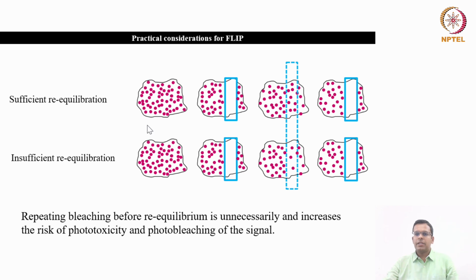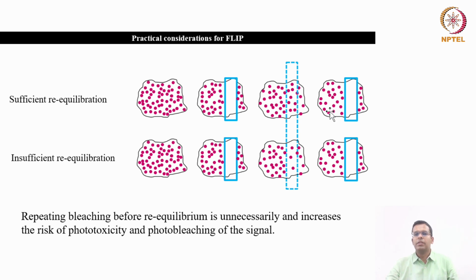Another practical consideration: you should give enough time for sufficient re-equilibration. Let's say this is iterative bleaching. This is the first bleach, in which you bleached all the fluorescent molecules in this area. Now you are giving, let's say, 5 minutes for the recovery before bleaching it again. In 5 minutes, the protein molecules are properly re-equilibrated in this area, and then you can bleach